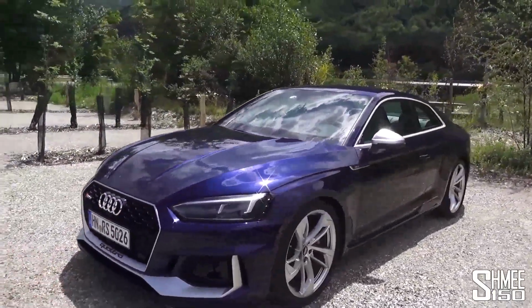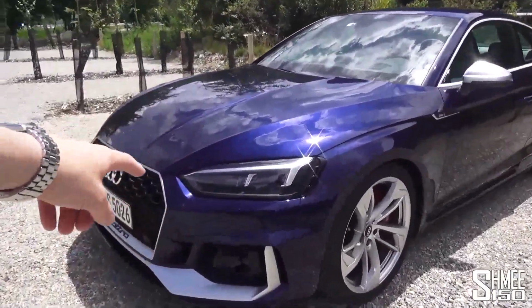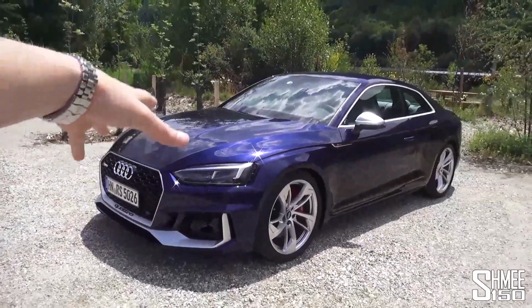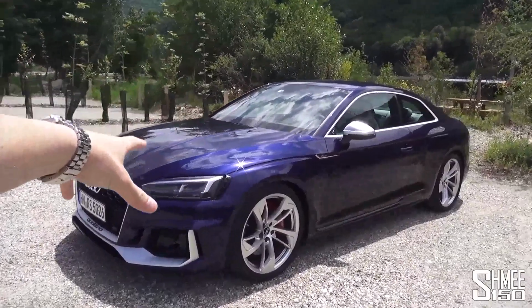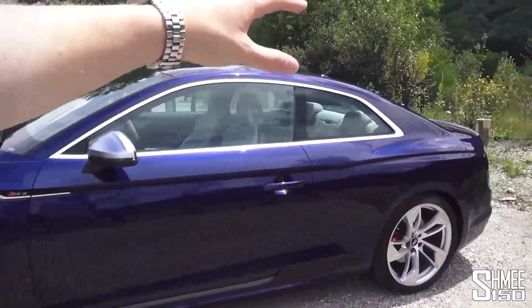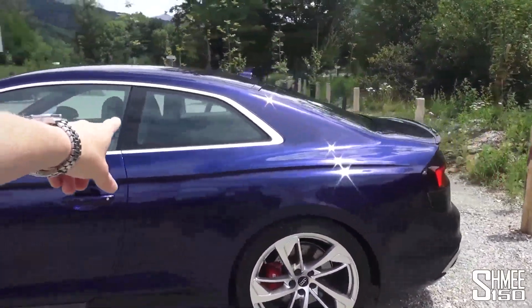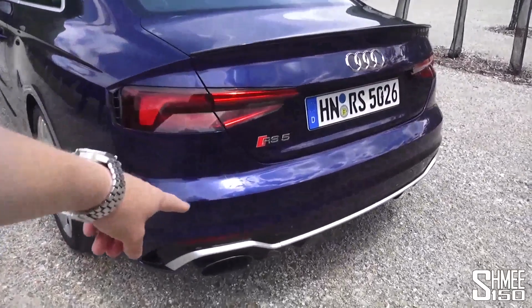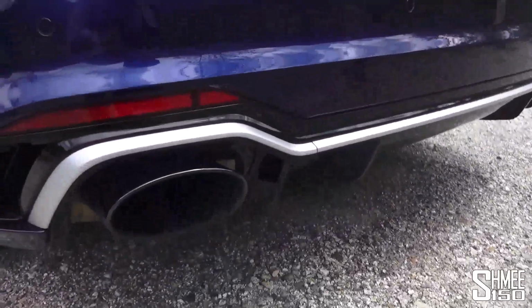It comes as standard with a very high spec. The S5 and the RS5 both get Audi's LED lighting standard. This RS5 is spec'd very, very high indeed. We've got Audi Drive Select, obviously, but the Audi Drive control for the suspension, which we'll talk more about when we're driving. Coming around to the rear, see at the back, we've still got the very distinctive large oval tailpipes,